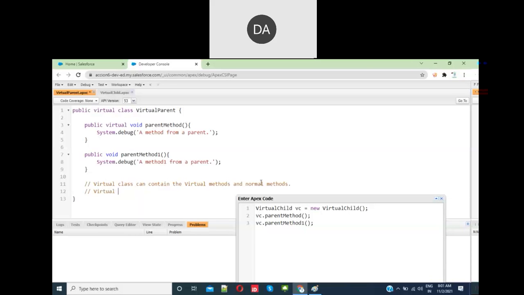Virtual methods should be overridden in subclasses, child classes. Okay, this is the rule. So a virtual class should have virtual methods and normal methods. If you don't have a virtual method also, it doesn't make any